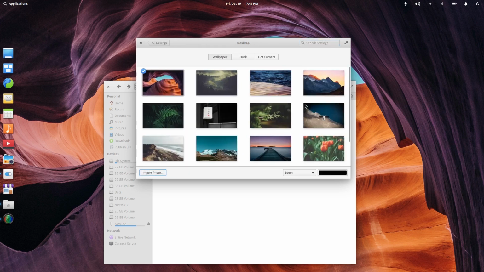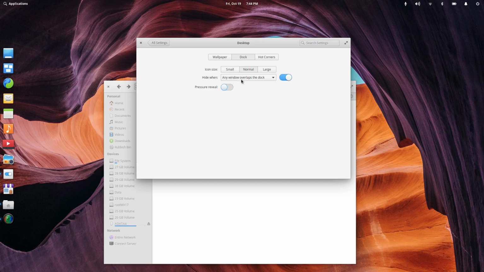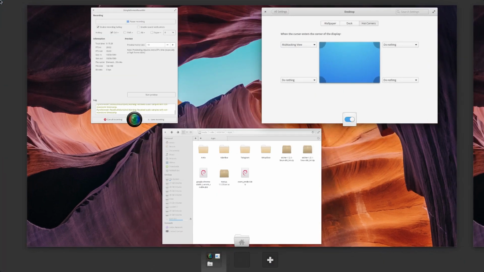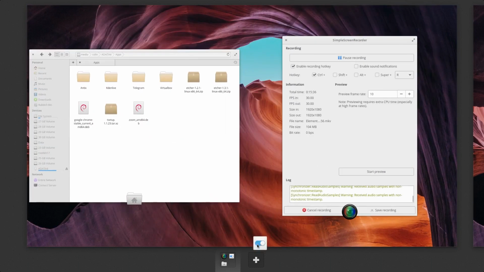So desktop settings again, you got the dock settings, this dock here, you got some simple settings here. You got your hot corners, and you got plenty of options there for your hot corners. So you got your multitasking view. Now you got multitasking view, which gives you extra windows or workspaces, sorry, and also the fact that you can move things around to different